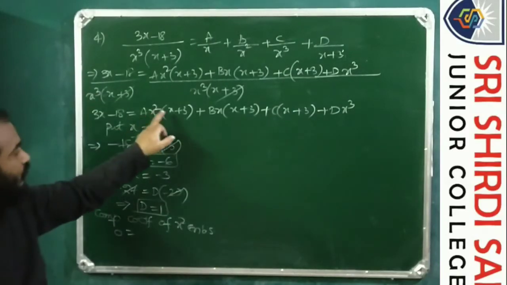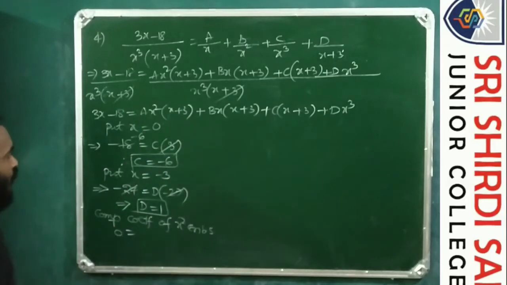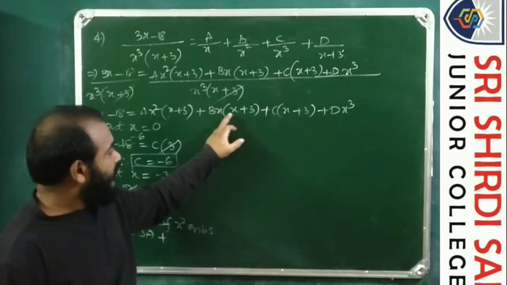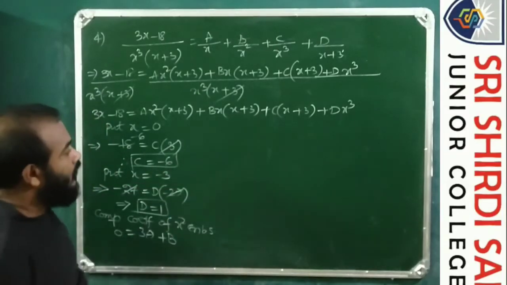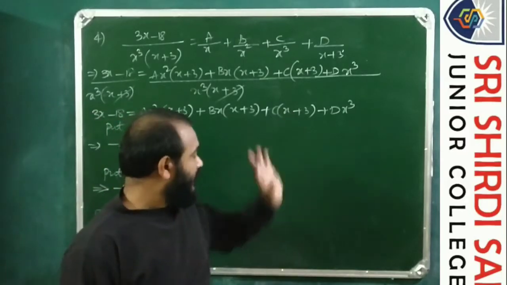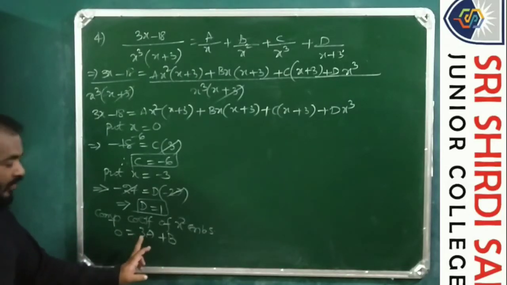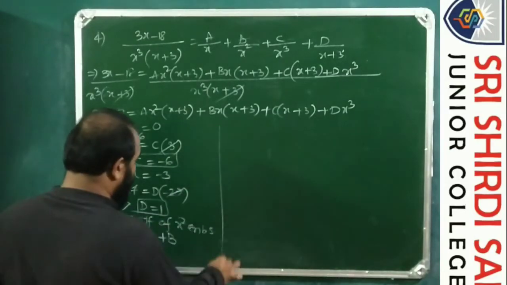So here x square into 3x square into a, so 3a plus here bx into x, bx square coefficient is b. So we get 3a plus b, but unfortunately we did not get any values for a or b. So you keep it apart and